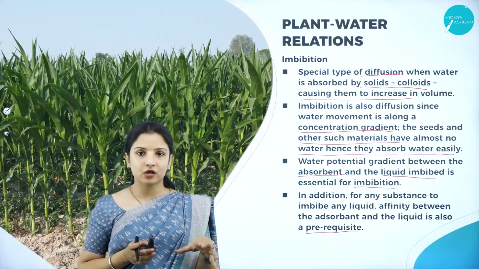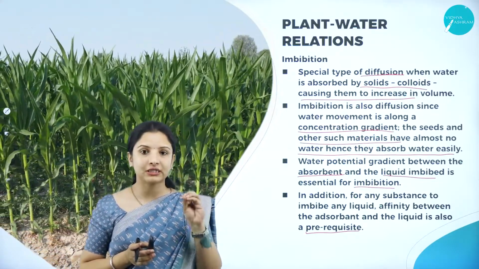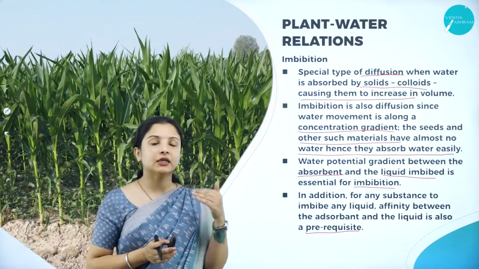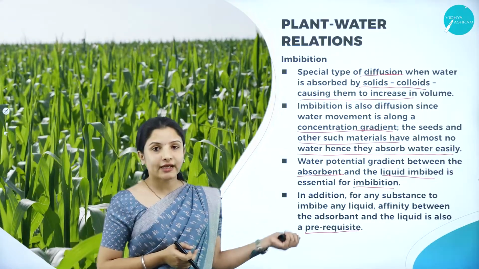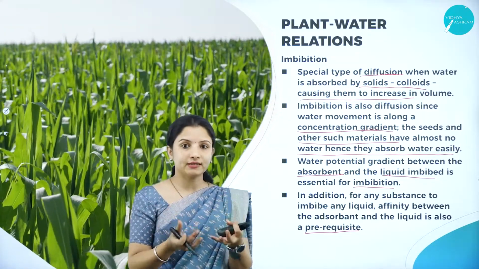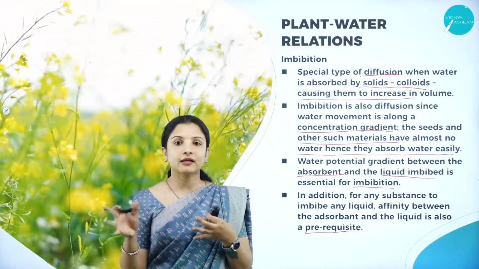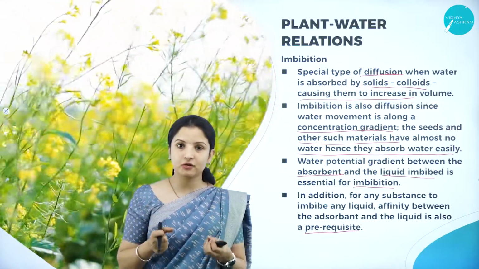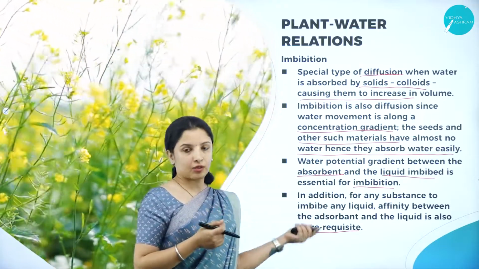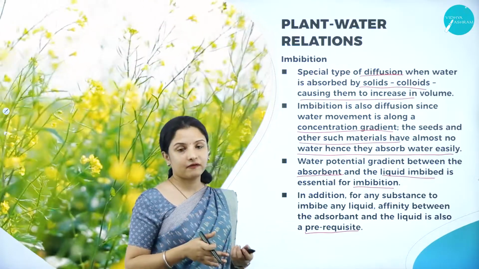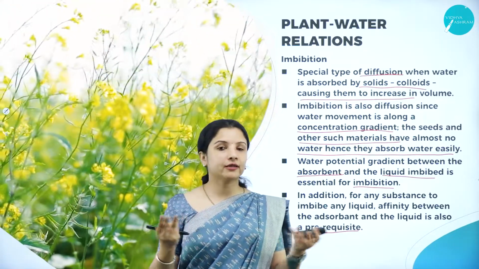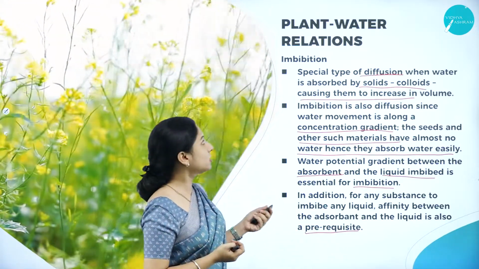What is the capability of the absorbent? The absorbent shouldn't have moisture inside at all, whereas the external solution should have enough moisture in it. Therefore, it will absorb the moisture. So that is the prerequisite here, wherein the absorbent is, say for example, the dry seeds, which have a very minimal amount of water, and outside whenever moisture is available, they will absorb the water and germinate. So the capability of the absorbent and the external medium plays a very important role in the imbibition process, because if there is no water externally, then imbibition will not occur. So this is about imbibition.